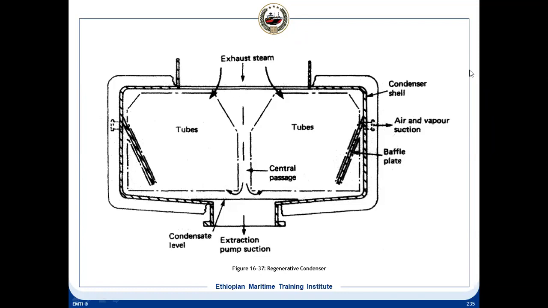Many tubes are fitted between the tube plates at each end. The support plates of this part we cannot see because the tubes are going away from us. That means they are not this way. One end of the tube plate is towards us and the other one is away from us. So many tubes are fitted in between the tube plates at each end. Support plates for the tubes are arranged in between to prevent sagging. Obviously, if the condenser is very long, you would need to have some kind of support plates. Otherwise, the tubes will start sagging, especially if cooling water is also inside them. Seawater or fresh water, two passes.